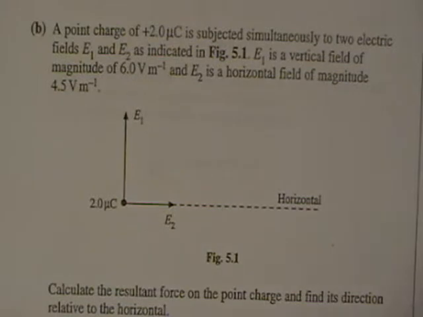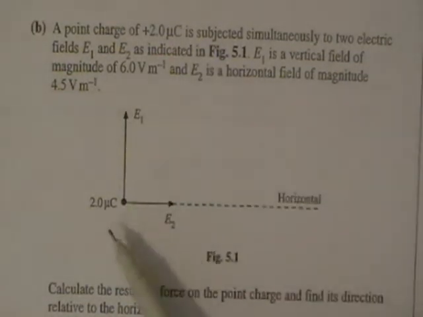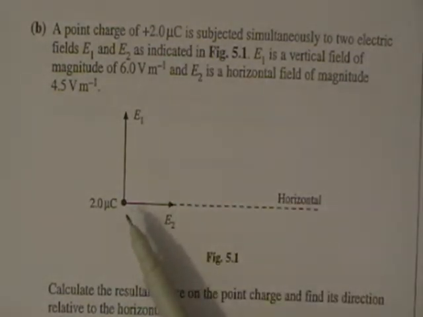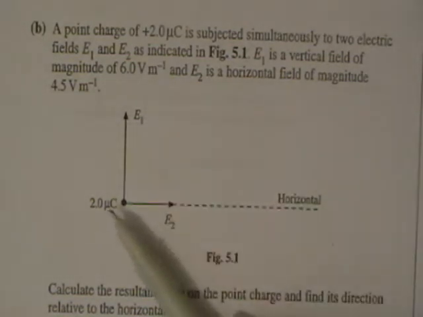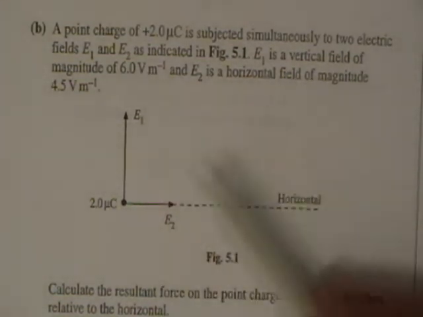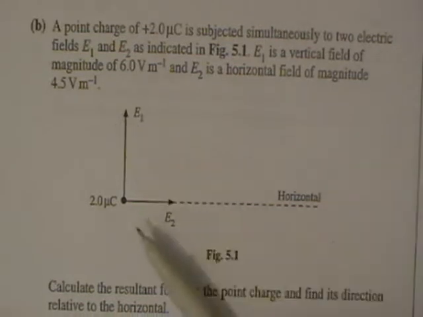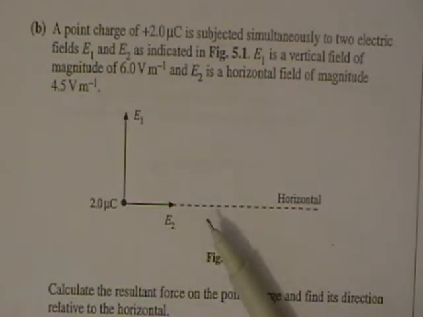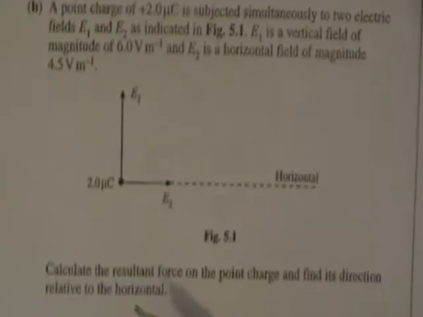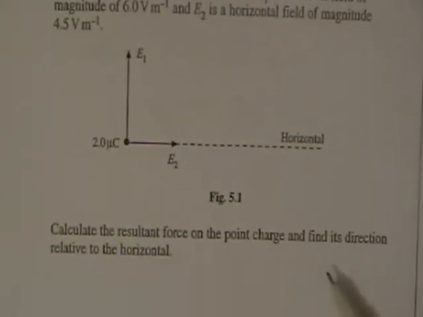Right, so we now have a point charge of +2 microcoulombs subjected simultaneously to two electric fields, E1 and E2. E1 is a vertical field of 6 volts per meter, and E2 is a horizontal field of magnitude 4.5 volts per meter. So we're asked to calculate the resultant force on the point charge and find its direction relative to the horizontal. So what we have to do is say, well, this is E1,